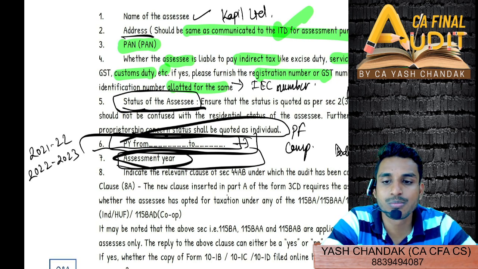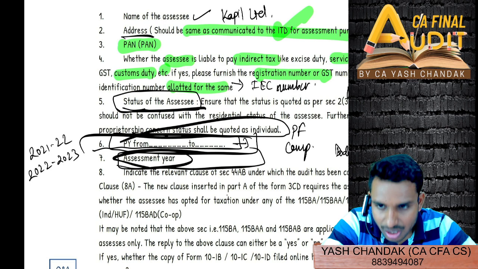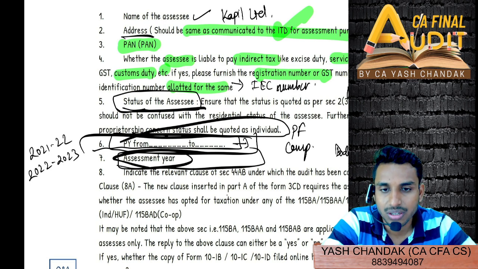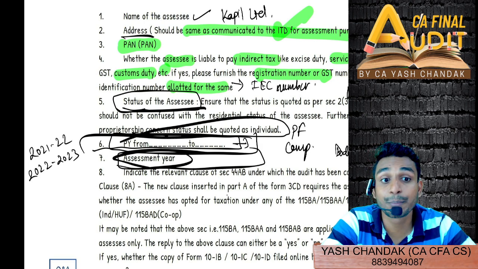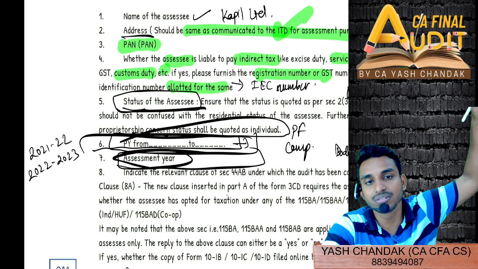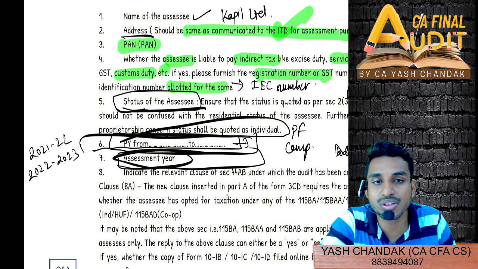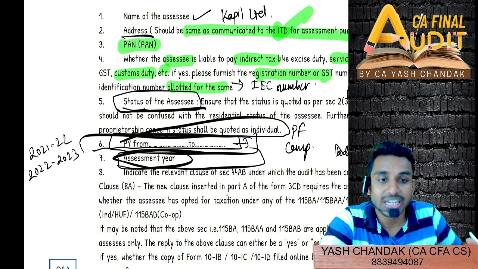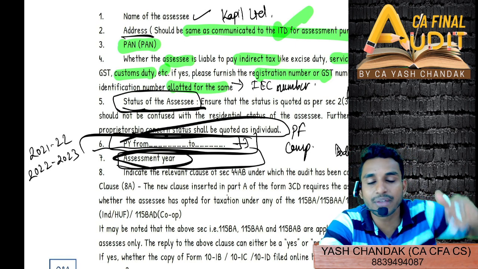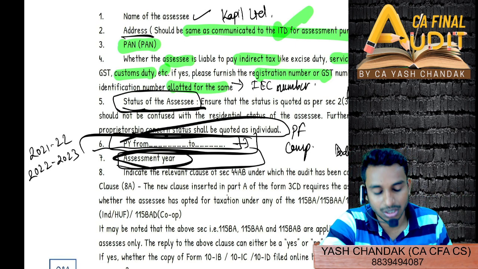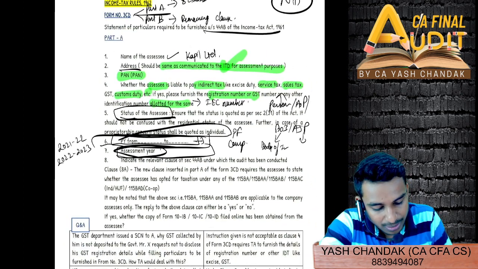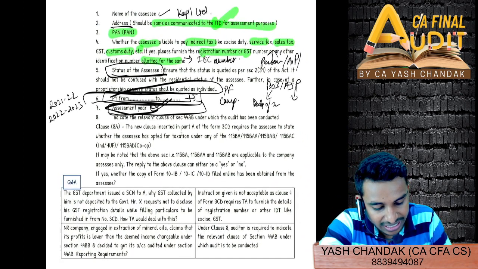Do you remember these cases? You must have studied them in IPCC: a person leaving India without intention of coming back, and a person leaving India with transfer of business. Do you remember the shipping business? They come here, do shipping business, and then transfer their property and leave. So there were cases where the previous year would be the same as the assessment year, because the income tax department won't have time to assess the income next year, as they won't be available here. They might leave. So previous year and assessment year you have to mention separately, and then indicate the relevant clause